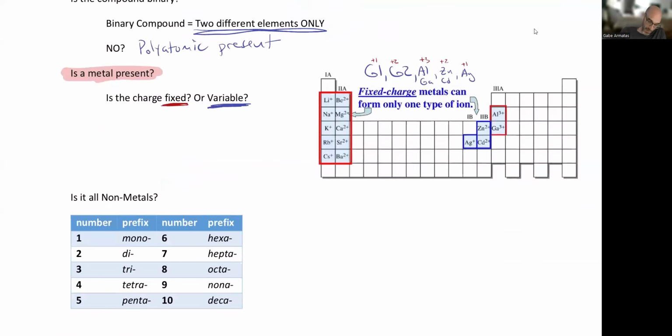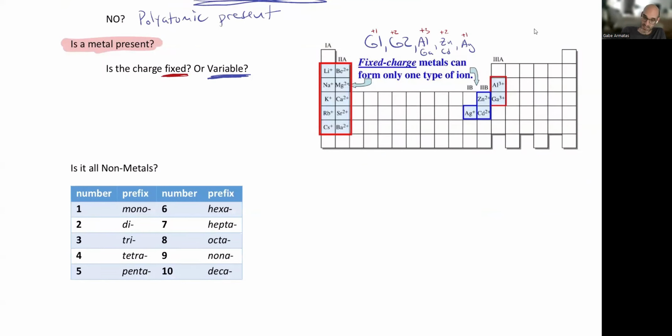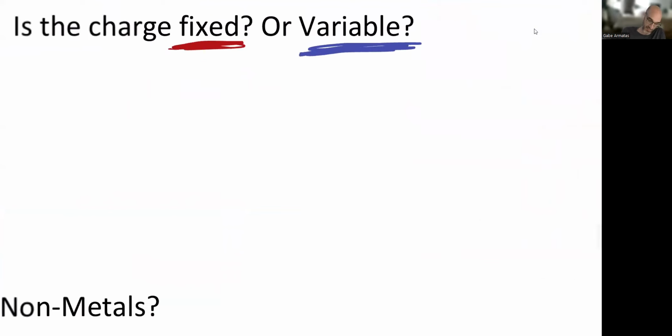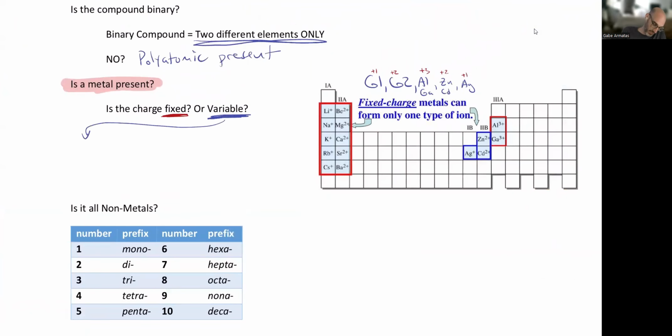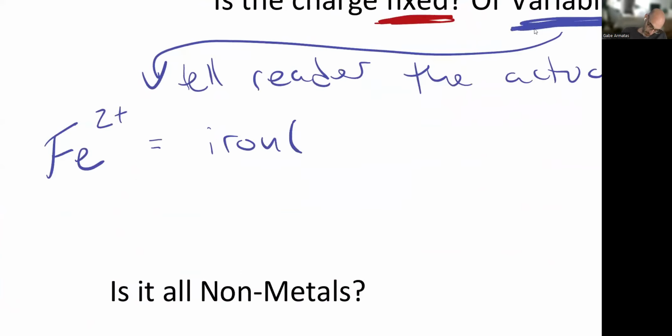So if we have a metal and the charge is not fixed, it's variable, we have to tell the reader the actual charge. And we do that by using a Roman numeral. So if I have, let's say, iron 2 plus, we're going to call that iron, and in parentheses I'm going to put iron 2, a Roman numeral saying that the metal I have is iron with a 2 plus